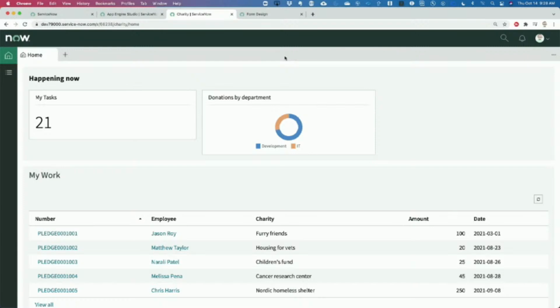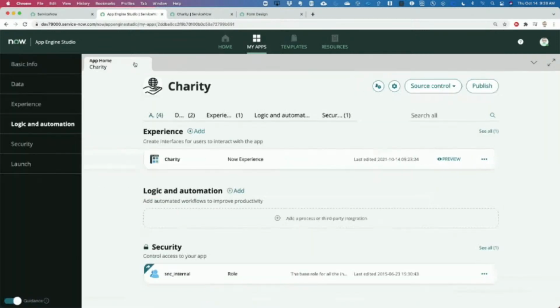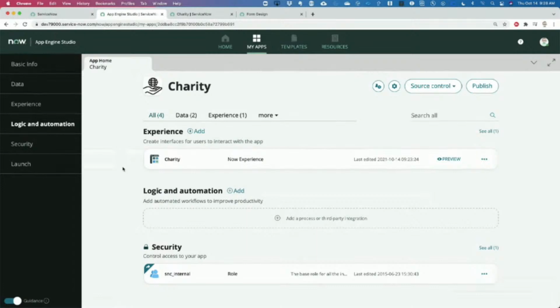We've got a visualization. We're going to leave that workspace open because I'm going to come back to that. UI Builder, a very quick introduction to what you can do with it to really tailor that workspace to help the people that are using these things every day be more productive. Very powerful stuff. Okay, let's close UI Builder in App Engine Studio and create another experience, a mobile experience, because